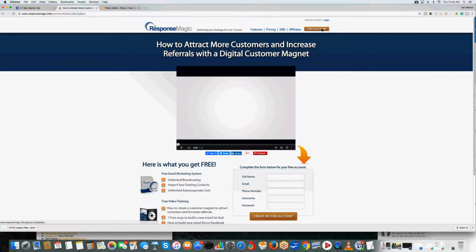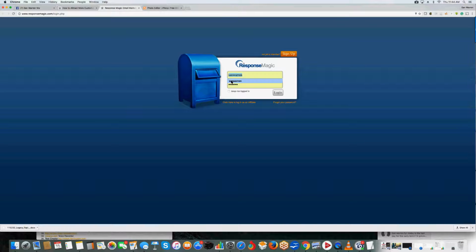Now, what they do is they go up here and create a free account. That person is going to be coded to you. So whatever they do in this system, if they decide to upgrade or anything, it's always coded to you, not to us, to you. So that person can log in like I'm doing right here into a free account.